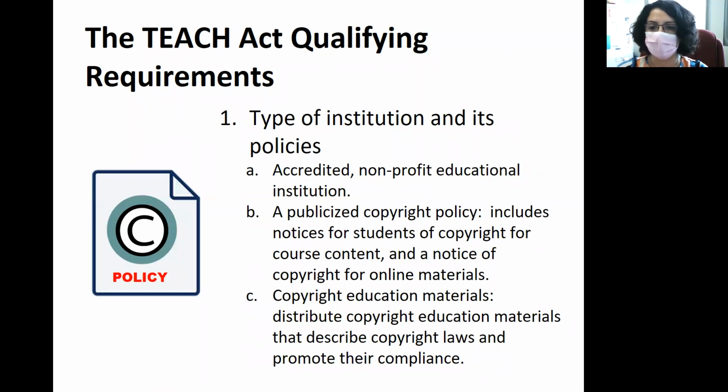So we'd mentioned the type of institution, accredited nonprofit educational institution. The TEACH Act requires that they have a publicized copyright policy for students in terms of the copyright for course content and a notice of copyright for online materials. And then it also requires copyright educational materials, and that they're updated and that they describe copyright laws and promote